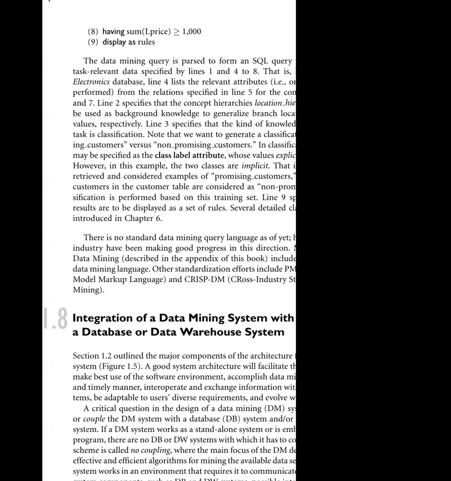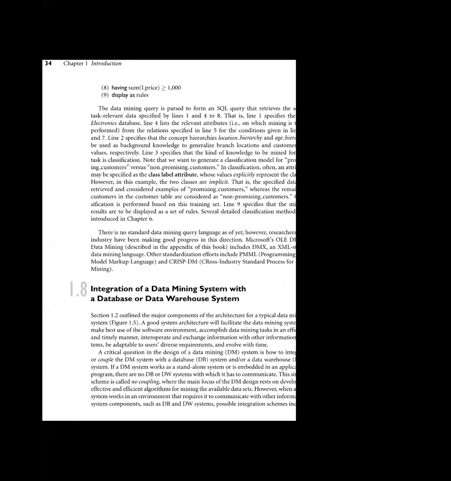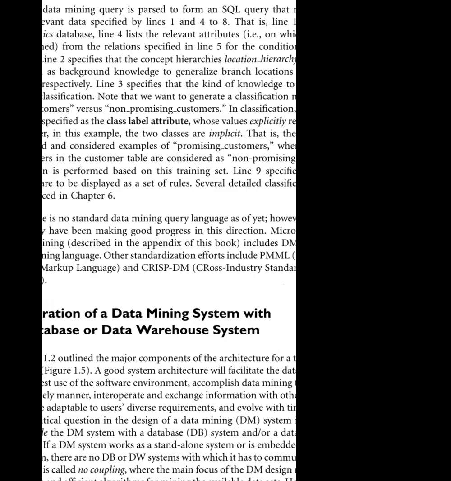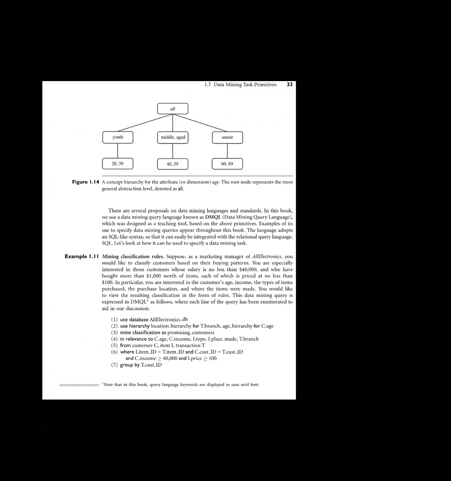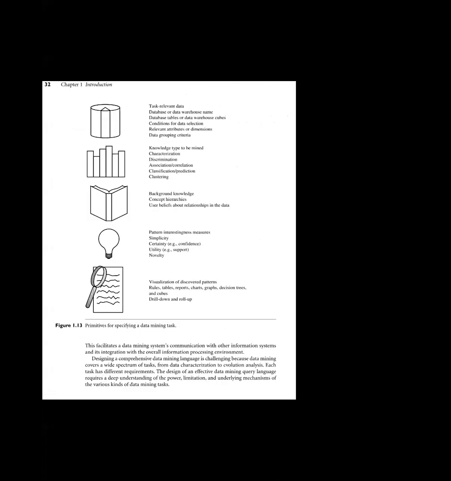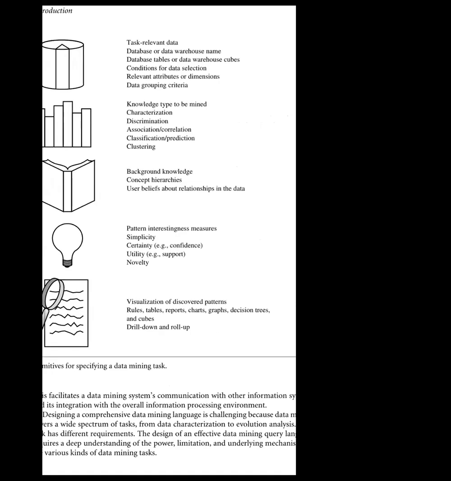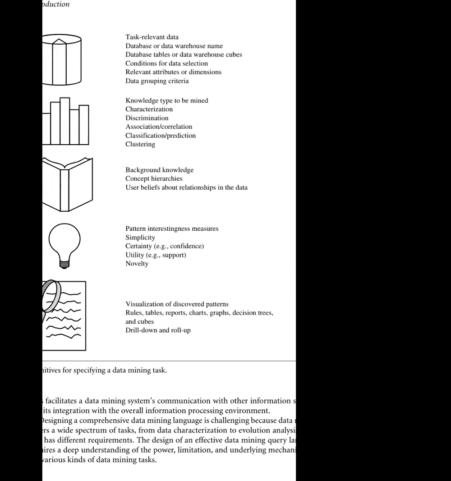In the external exam, they will ask like this: explain or discuss the data mining primitives. So you can write all these 5 primitives: task relevant data, knowledge to be mined, background knowledge, pattern interestingness, and visualization. So these are the 5 points you have to represent for data mining. And the next one is